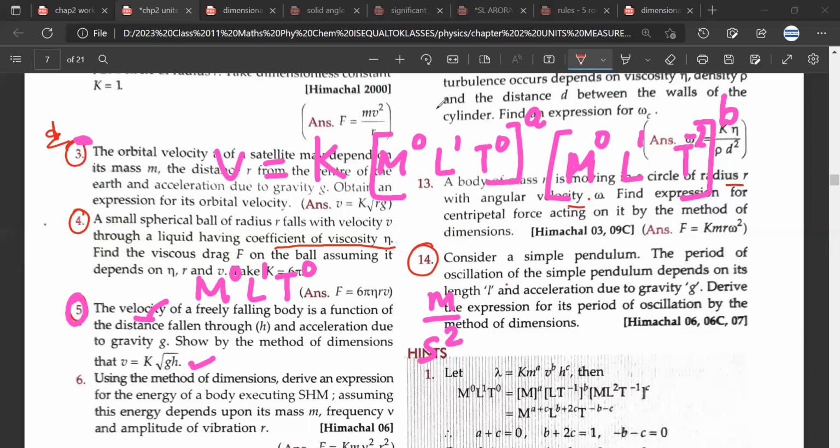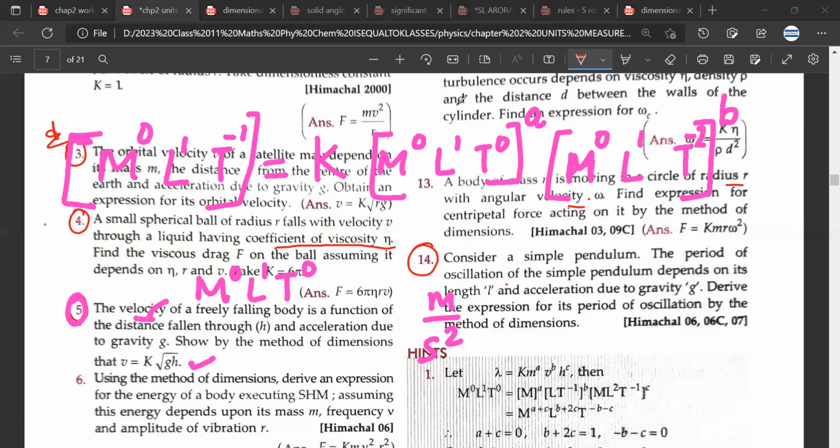So velocity would be given by again some M L T. Velocity is meter per second. So this would be 1, this would be minus 1, and the mass would be equal to 0. That is it. So if you have done this step right, then almost 60% or 70% of the question is over.